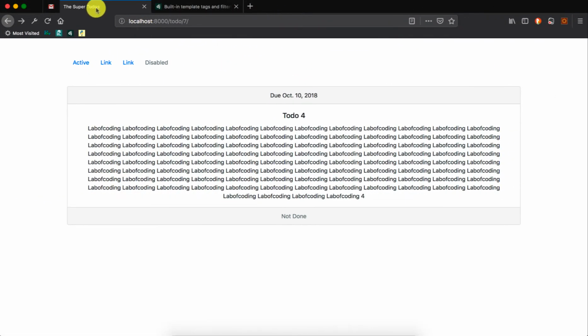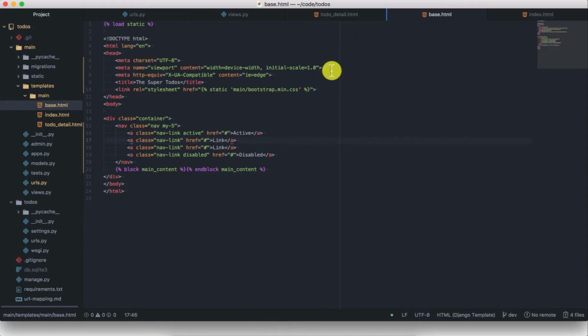If you look at the title of our 2 Django pages, you'll find that they're using the same title, the super to do's, which has been declared in the base template. This may not be what you want. The ideal case is where you want each page to have its own title, which is descriptive of whatever that page is doing. So we can do that by wrapping the title in a block, and then having each template override that title block and have their own